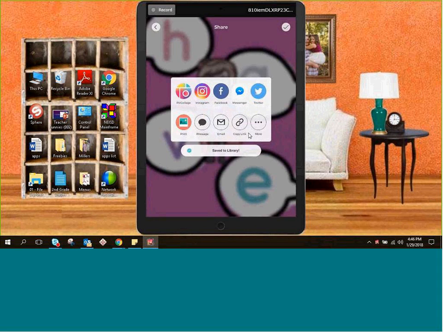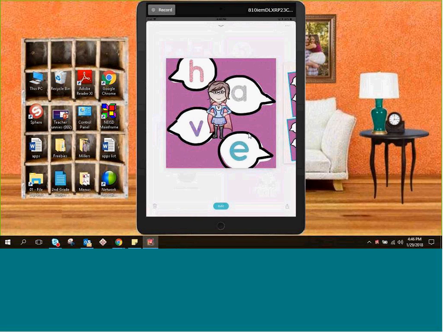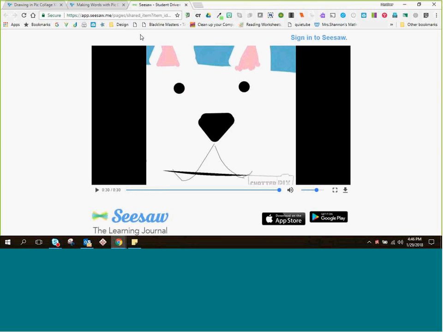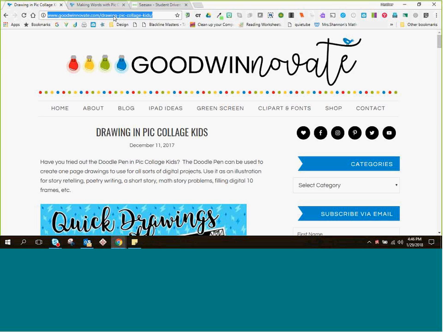Okay, back to Collage. There are lots of other things that you can do in Pic Collage, and I'm going to go off the iPad for a minute and just show you the polar animal idea. Let me just take this off real quick. Okay. On this website, it's called Good Winnovate, and I'm going to copy this link for you and put it inside the chat because she's great. She's on all, as you can see, like all the social medias. I would follow her. When you click on the website, it might ask you to log into the filter. I don't know why it's blocking her website, but